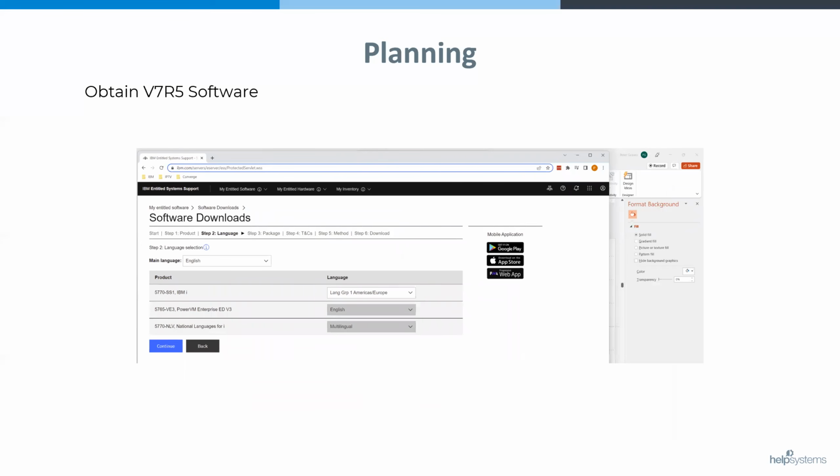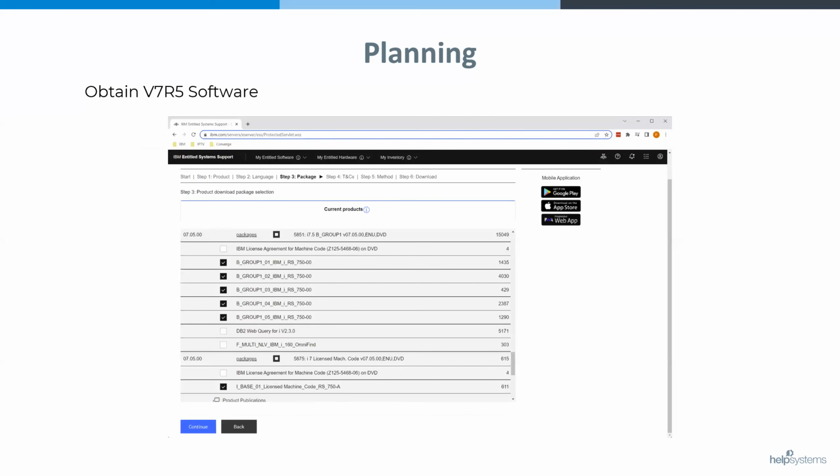So in this instance, if you select next or continue, again, presented with the languages we're going to download. And expanding the 5770 SS1, again, presented with the B group 1 CDs, so 1 through 5 for V7R5. Actually, it's been that way for quite some time. As well, the IBase 01. So the IBase 01 is the license and the bootable license internal code CD as well. So if we select all of those,